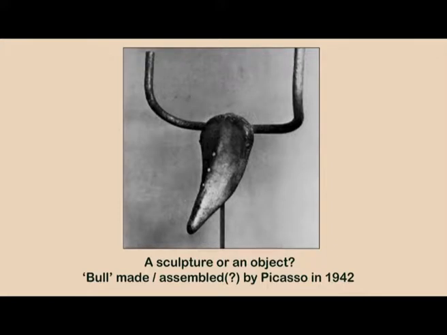He used a bicycle seat and a bicycle handle, but placed and juxtaposed them in such a way that it looks like a bull's head. So again, it is not the handmade product that has any role to play here, but it is the idea, the intelligence of the moment, and also an artistic ability to see things which are not there. Nobody would ever see the head of a bull in a bicycle seat, but Picasso saw that,